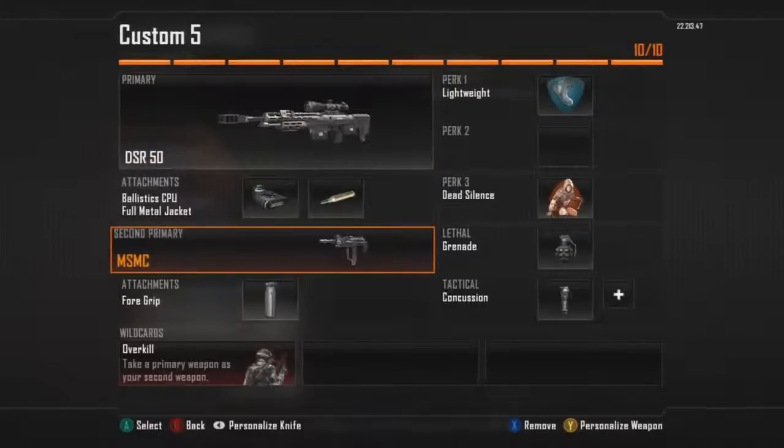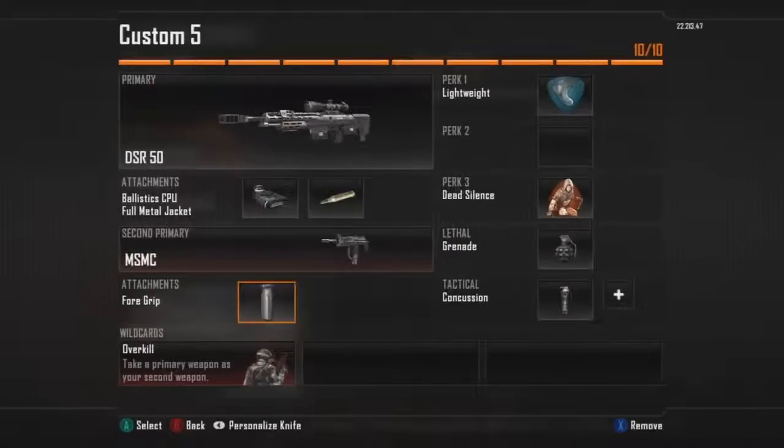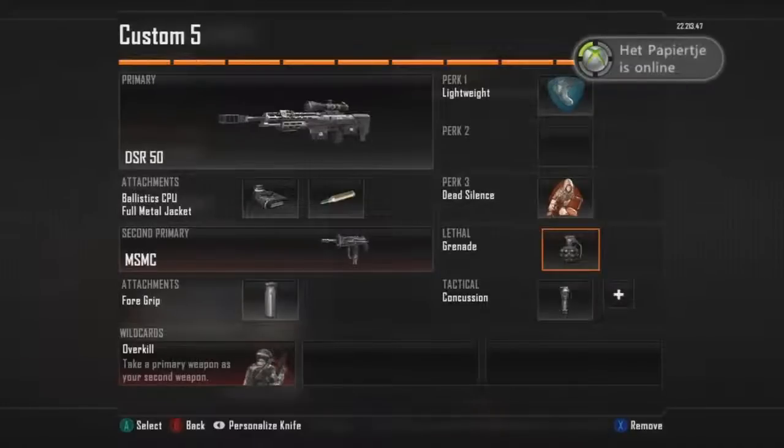It's a very good class, and using Overkill, I don't know if it reduces damage of your weapon, but I doubt it really does, like it did on COD 4 and stuff like that. But yeah, that's about it. So these are mainly for professional games. I use them online as well, but Dead Silence is the main one to use, as you know, because